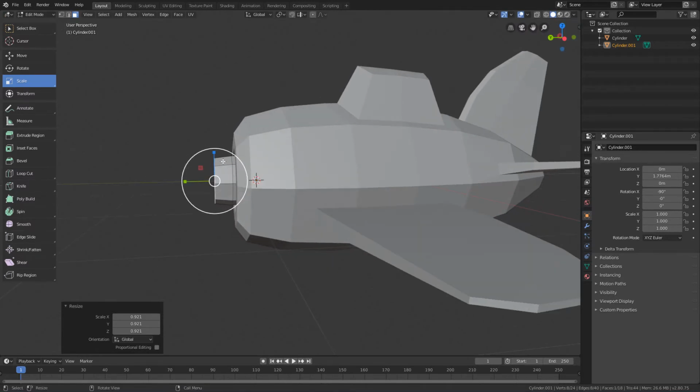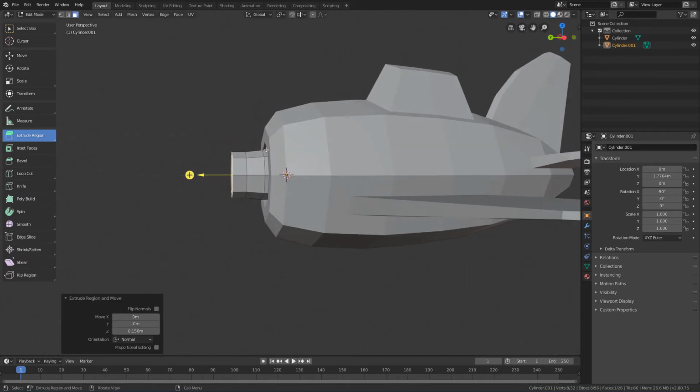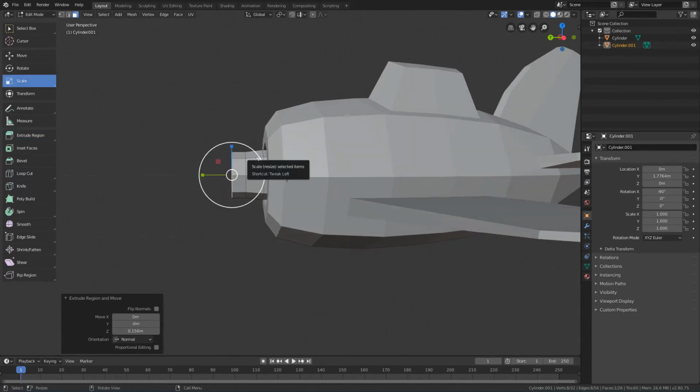For this first loop, we are going to scale just a bit, okay? Don't scale it too much like this. We are going to do it in the next loops. So now I can activate the extrude region again, create a new extrude, and now to create that round form, I'm also going to activate the scale tool again and click and drag down a bit,